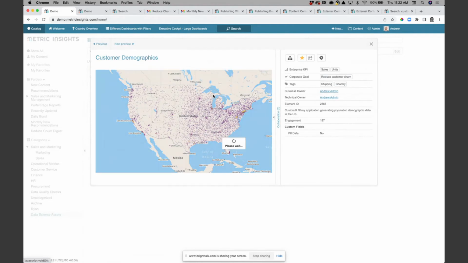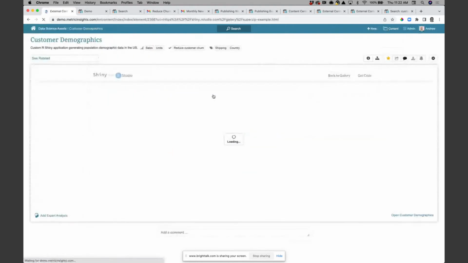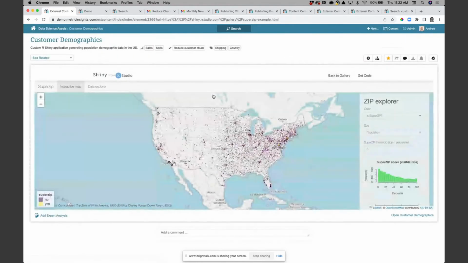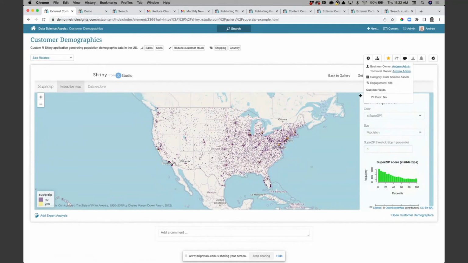And users should be able to discover this and click into it in the same way that they would a dashboard in Tableau or Power BI or a spreadsheet, get access to the live analysis, and again, have the necessary context and categorization around it. So in this case, again, an R Shiny app around customer demographics. To the end user, I don't really even care that this is created in R Shiny. It's just a piece of analysis that is interesting to me.